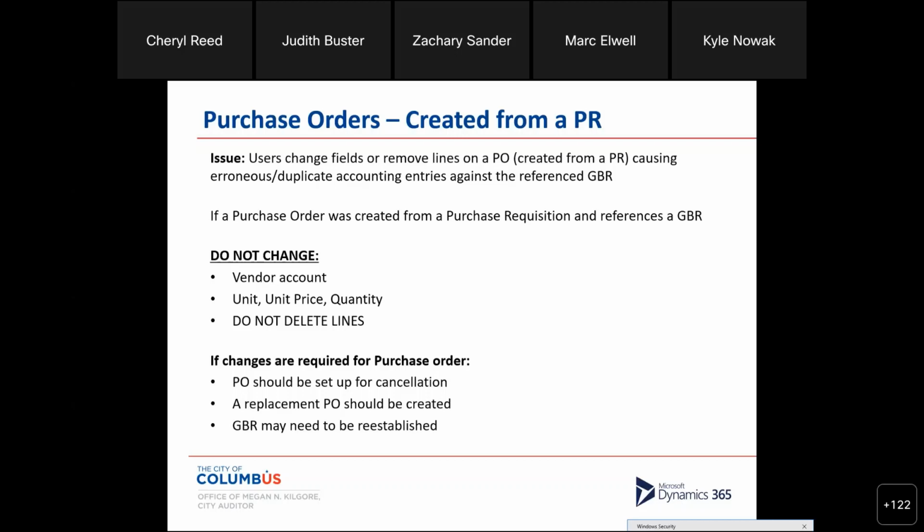So deleting of lines downstream ultimately leads to that being stuck, and we have to go through a number of steps in the background to unstick, if you will, that PO and get it taken care of. So really the proper way, if you get from your PR to your PO and for some reason you discover at that point that the vendor account is wrong, or the unit price or quantity are wrong,